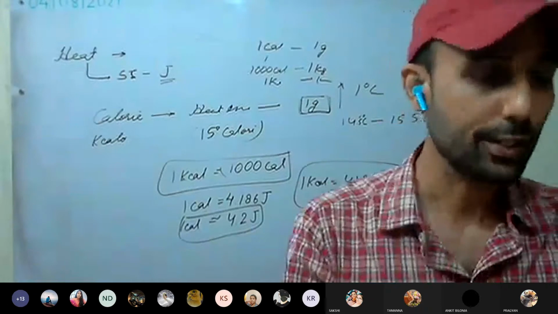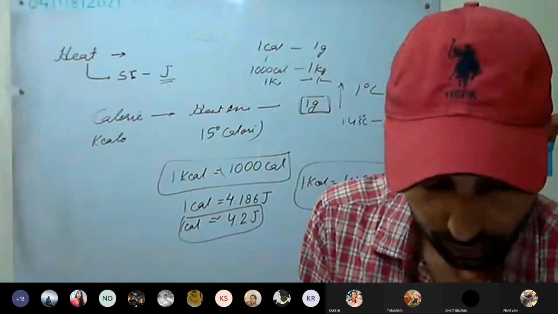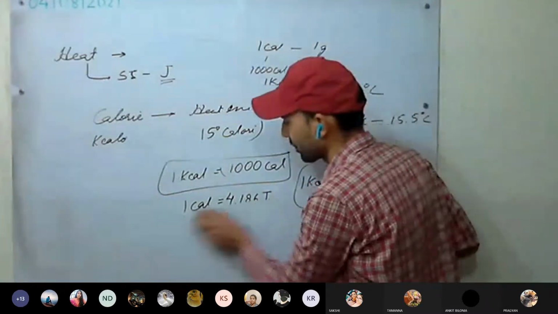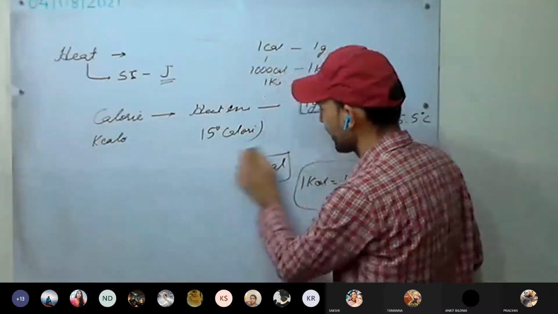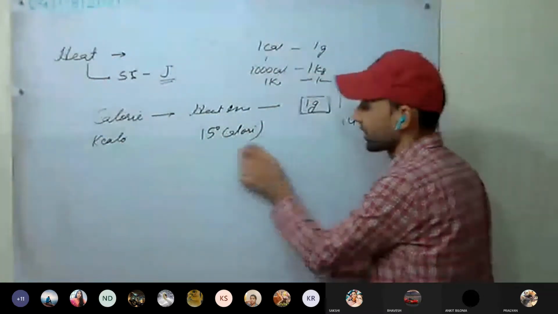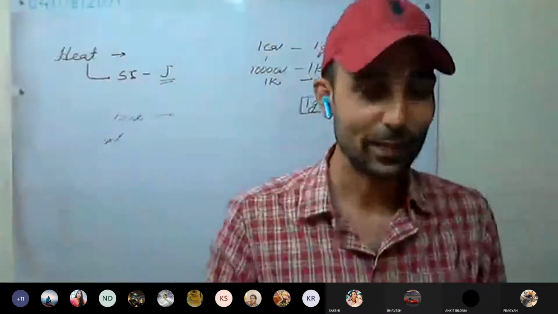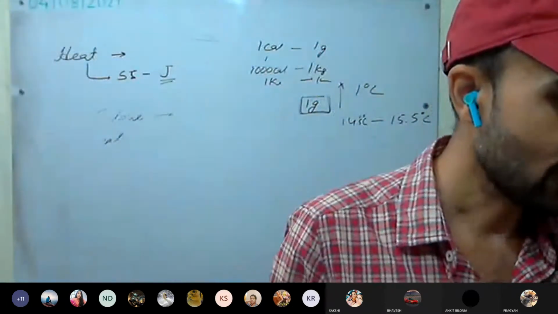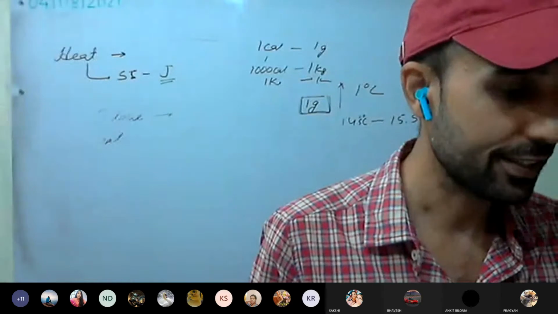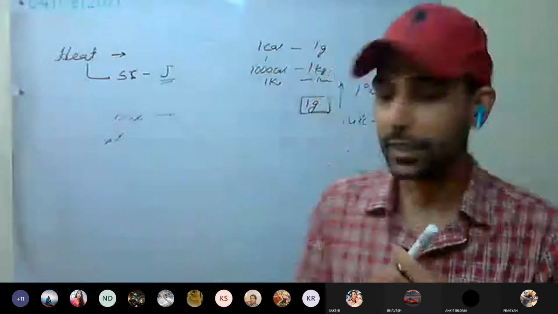Next lecture we discuss the temperature. A little bit we discuss the temperature. So what do you mean by temperature? You have learned the definition earlier as well. The degree of hotness and coldness. The body cannot be hot and cold at the same time. It's the degree of hotness or coldness of the body, which tells us the thermal state.